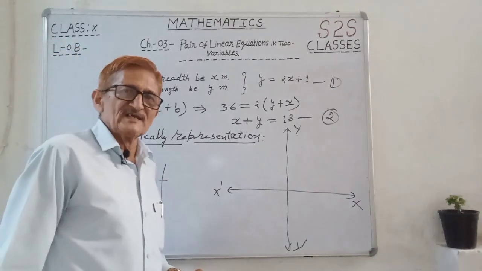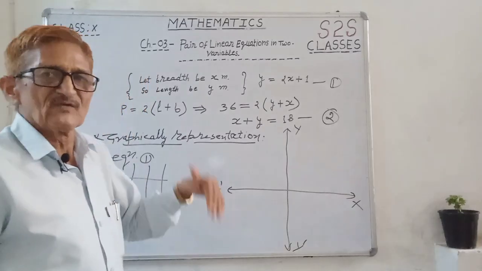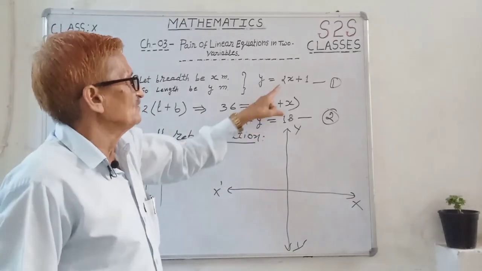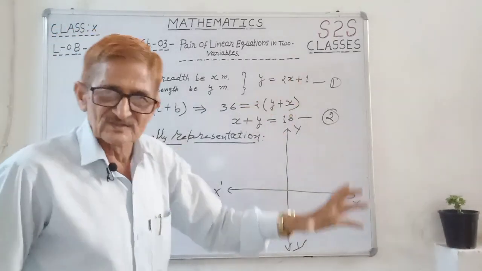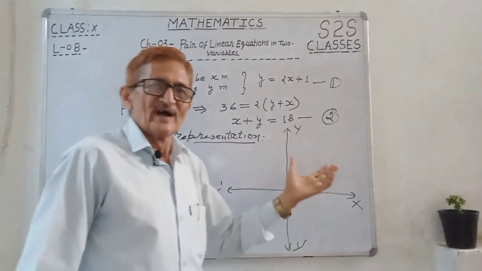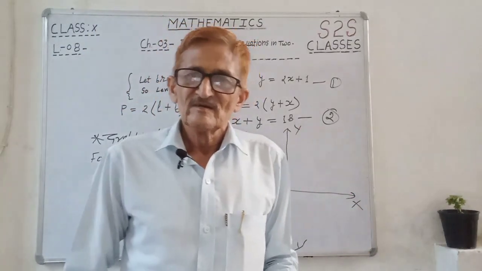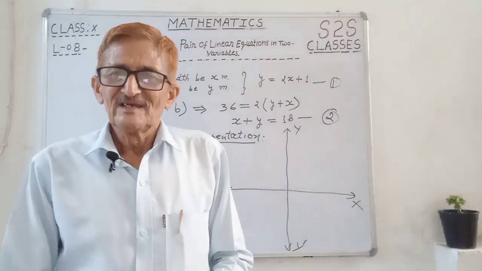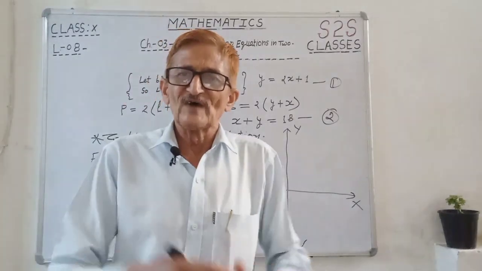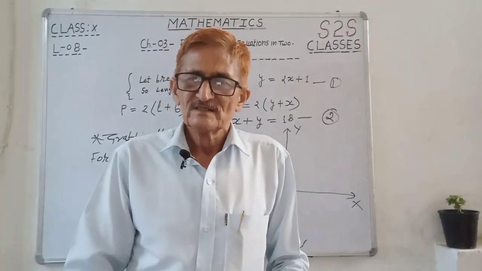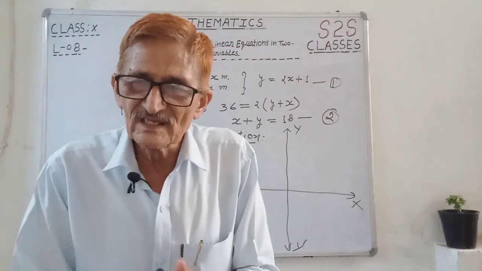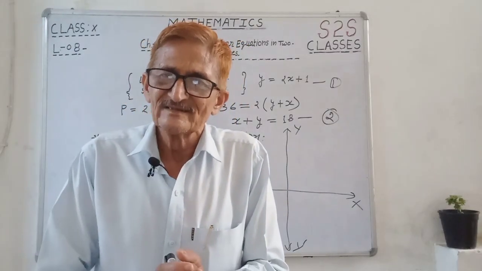X is the independent quantity. So take from your side a value of x such that the value of y must be an integer. Why? Because if you take x as an integer, y must be an integer, because it is easy to plot on the number line,